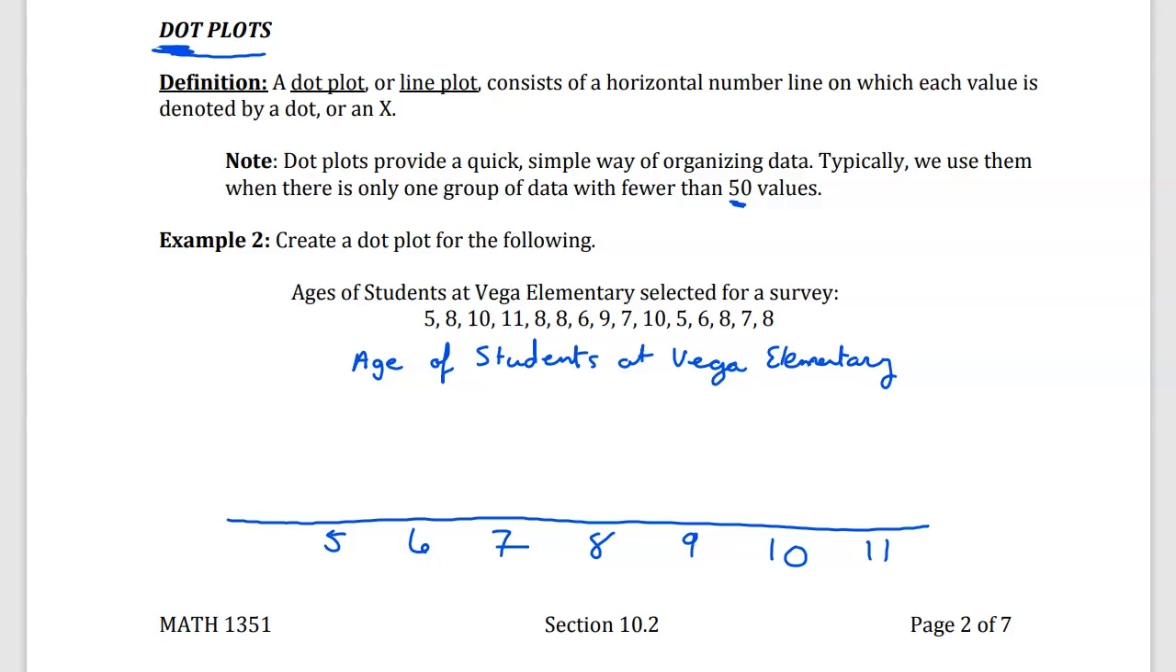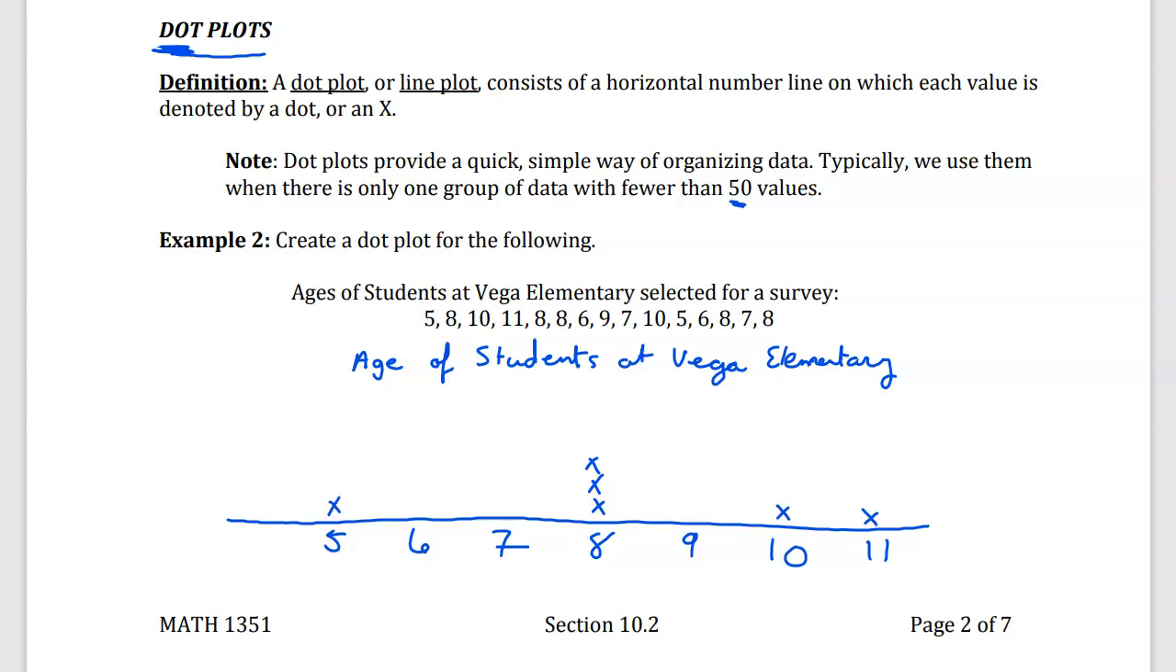This student is 5, so I'm going to put, you can either put a dot or an X for the individual. So this student is 8. This one is 10. The next one is 11. The next two are 8. So I'm going to put an X on top. So basically I'm building up, kind of like a bar graph, but instead of a bar, I'm putting X's or